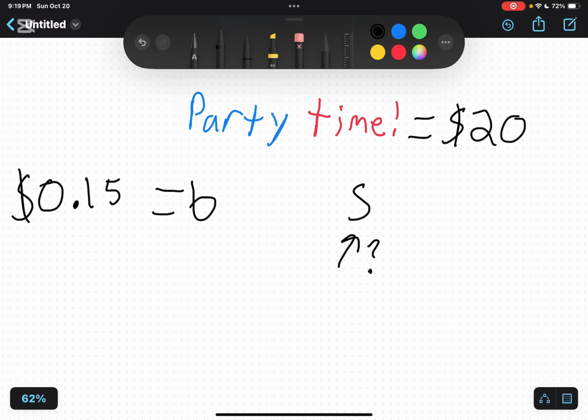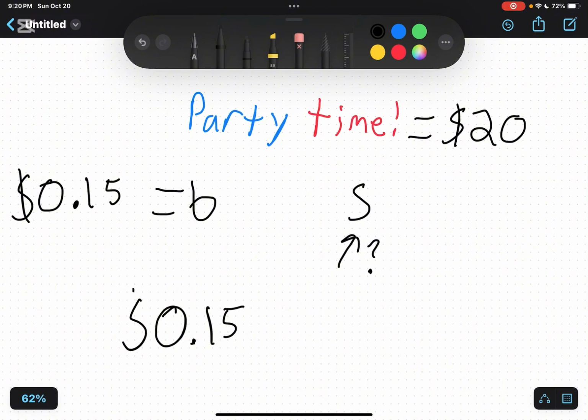So we know that the amount of students multiplied by the cost of a balloon, basically saying that each student can get a single balloon, has to equal up to 20 regardless. I would prefer for it to be around 20, so no more than 20. 20 is our absolute limit, but it can be a little below 20. That's fine. So how we'd like to write that out is